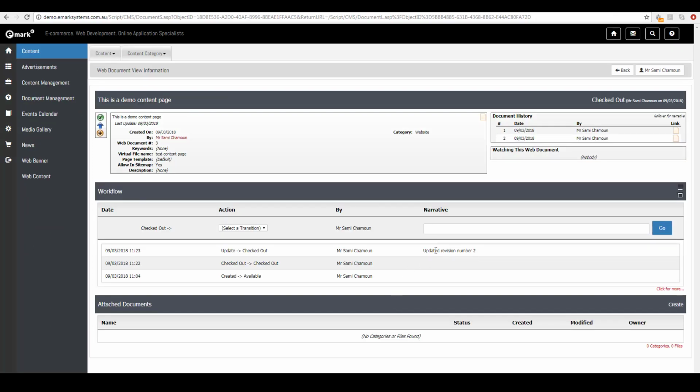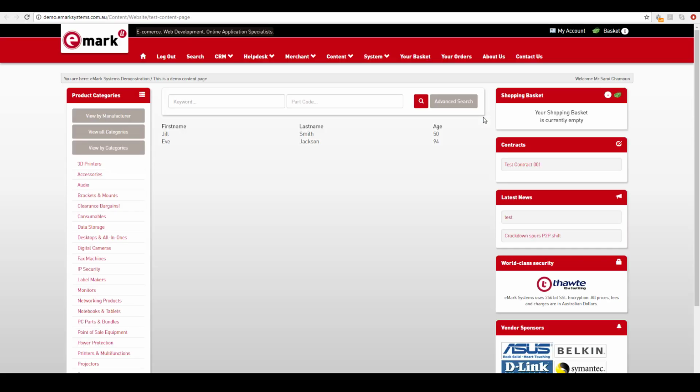and you'll notice that a new revision has now been created, which is populated at the top here. Now this document is still checked out, so the changes that we made won't appear on the content page if we go and look at the latest revision. So to view the current live version of the content, we click this icon here, and you'll notice that we're still looking at that old version and that new row hasn't been added. So if we just go back,